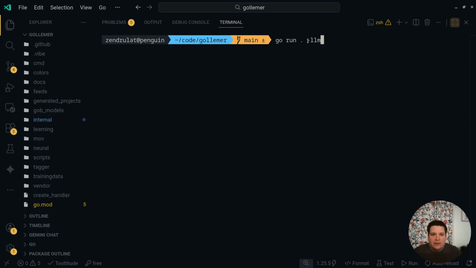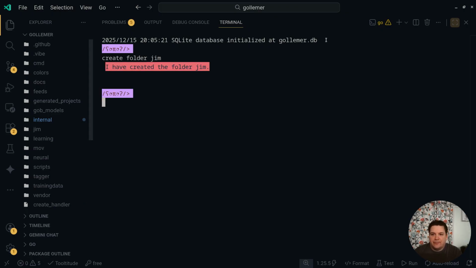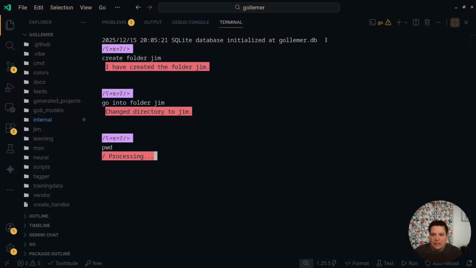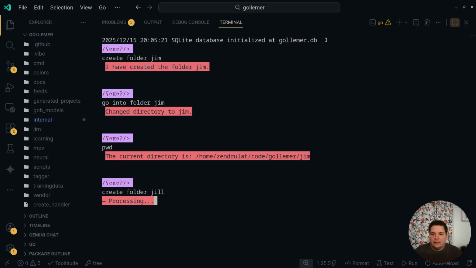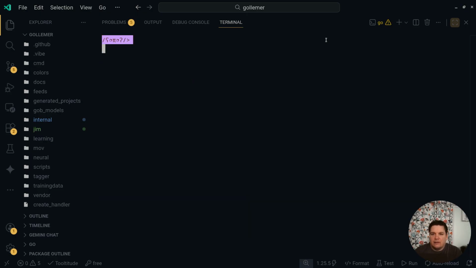I've created interactive mode -LLM. From here, you can do create folder gem. You could go into folder gem. You can even do short commands. You do create folder Jill, and then do create web server Jill in folder Jill. And then you could go into Jill,